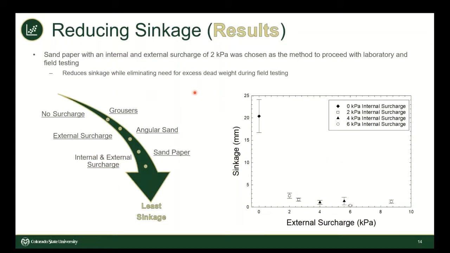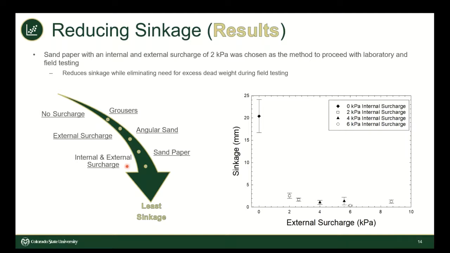The results of this study found that grousers actually had the highest amount of sinkage, followed by angular sand, with sandpaper having the least amount of sinkage. For surcharge conditions, no surcharge followed by external surcharge had the most sinkage, with internal and external having the least amount of sinkage. So using this sandpaper with internal and external surcharge to reduce sinkage in efforts to return the